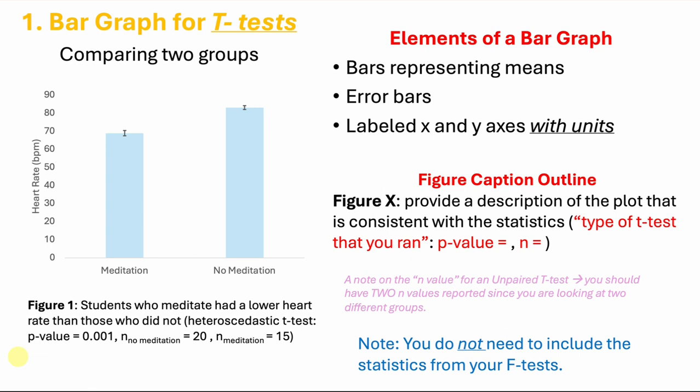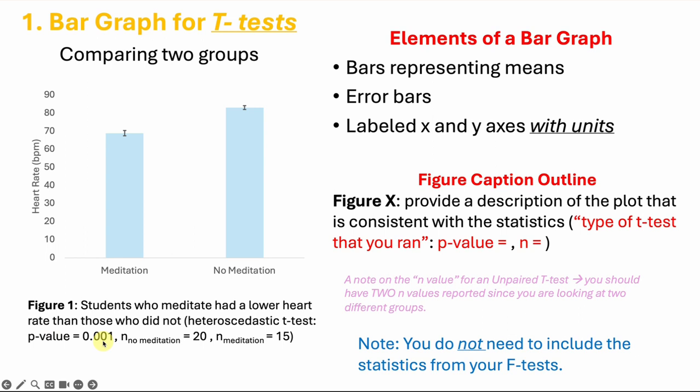However, no matter which type of t-test you run, this is the format that you are going to use. You are going to have your two bars that are representing the mean of each group. So in this example, we're looking at heart rate between two groups. Now, this is two separate groups, so notice that we do have the two separate n's. So in the meditation group, there's a different amount of observations than in the no meditation group, excuse me. So for this example, we can see that students who meditated had a lower heart rate than those who did not. So when you report this, you need your brief title, the type of test you ran, okay, heteroscedastic t-test,